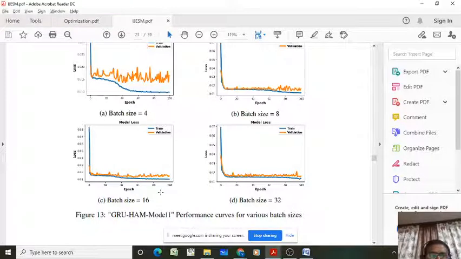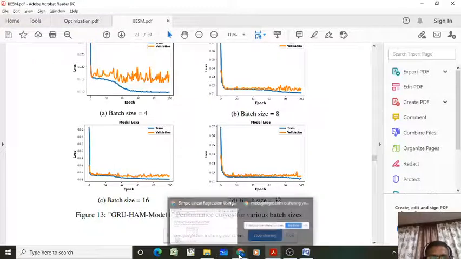So that is about mini batch gradient descent optimization. That is one of my suggestions. If you want to train the model, then you have to go with different types of batch sizes, find the best performing model, and use it in terms of training. Later you have to use it on the testing side, right?